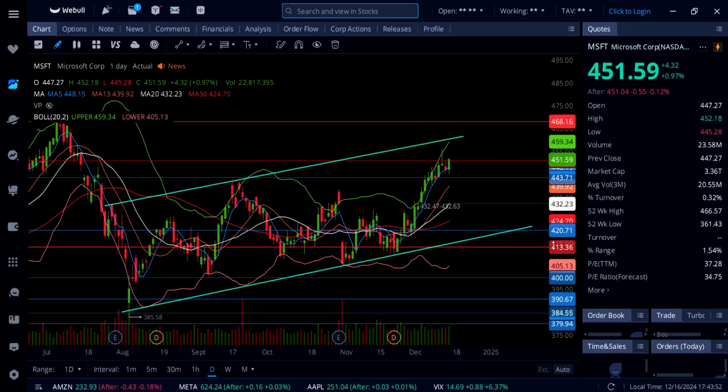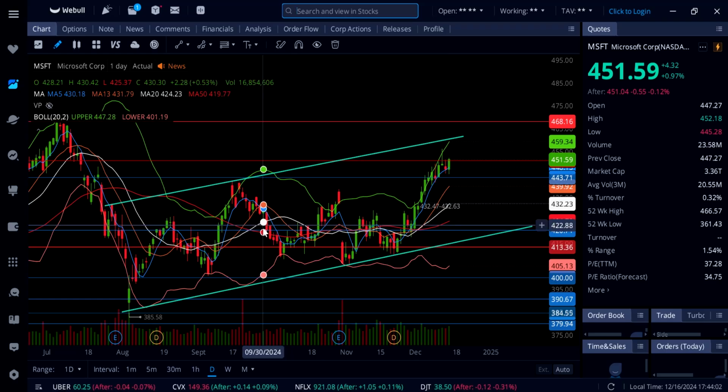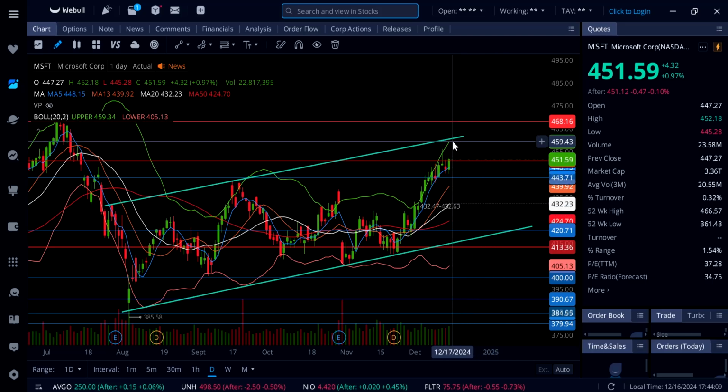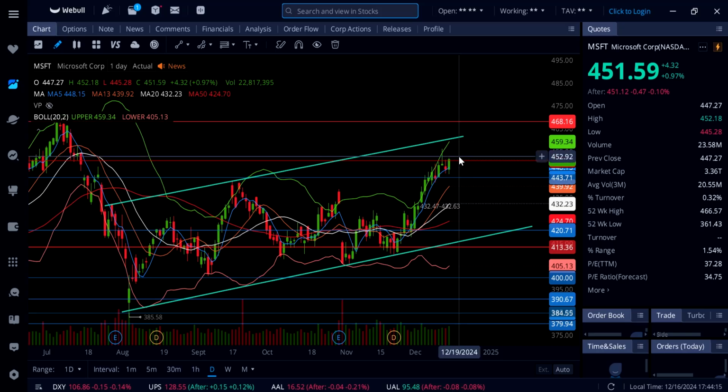On Microsoft, it's up 0.97%. So this one is over 451, finally closing at 451. That is looking bullish for a move up to 460. So as long as Microsoft stays over 451, that is your play, and your reward here will look like something like this, from here to here. So yes, you can still get a $9, $10 move to the upside, but be careful trading in this environment,